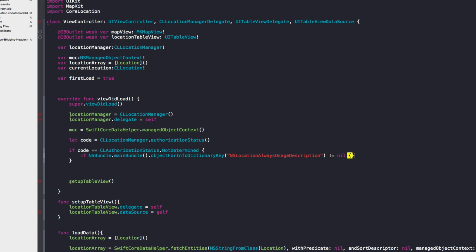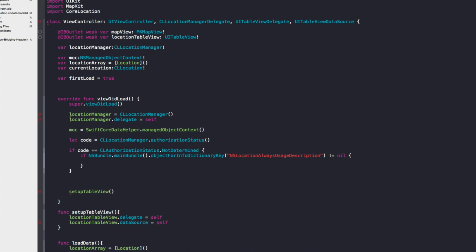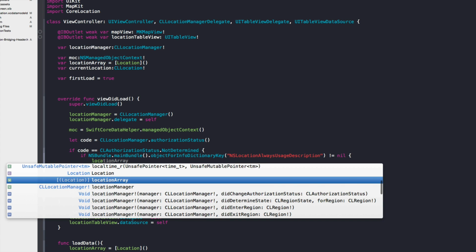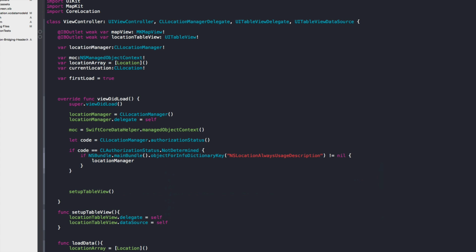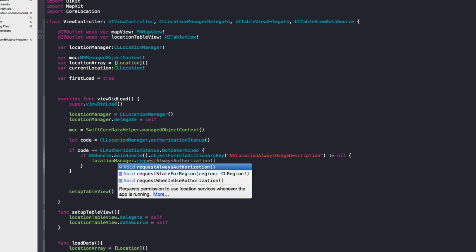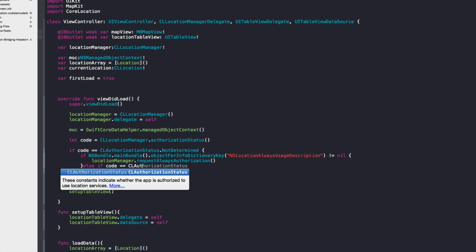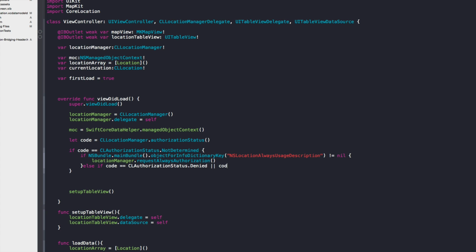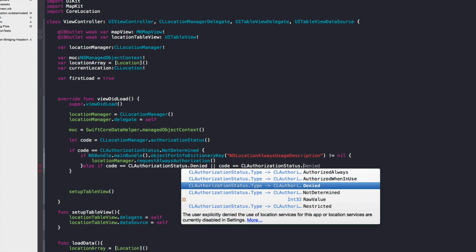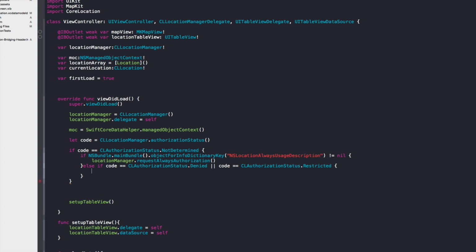So if this is not equal to nil, so if we have set this key in our info plist, we use the location manager to request always authorization. And then what we also can do is use else if the code is equal to CLAuthorizationStatus.denied, or the code is equal to CLAuthorizationStatus.restricted, then you would have to present the user with an alert view that says, for example, can't use app, because this is all about